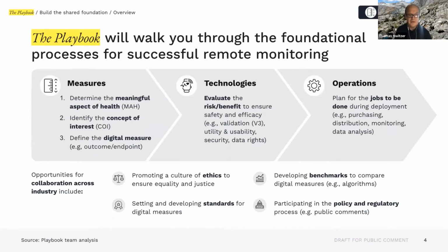Then looking at the concept of interest, kind of a large layer, like what we're actually looking at in terms of measurement capabilities, and then defining the outcome or endpoint and being a little bit more specific from there. From there, we move into the technology, like what's fit for purpose in terms of measuring the physiologic signal that we're looking at, and then evaluating its maturity, how it's going to be used, will it actually work appropriately,